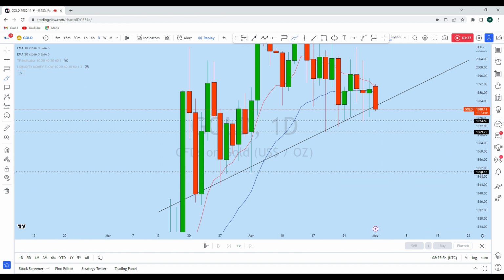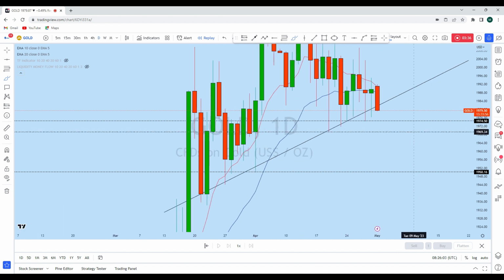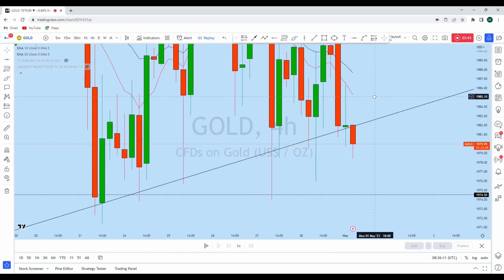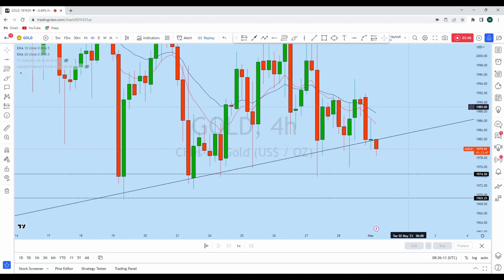I think the 1950 level could be broken, and then later we could see a reversal from this zone. So from the daily as well, we see potential for a drop on gold. Now, if we jump onto the lower time frame, the intraday 4 hour price action is also showing potential bearish price action. This is the opening candle on gold, which is a very long bearish engulfer, which in fact has crossed the previous doji high with a strong liquidity grab, followed by a doji, which is in fact a continuation